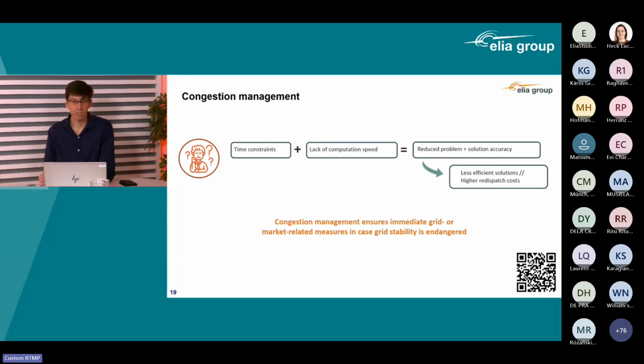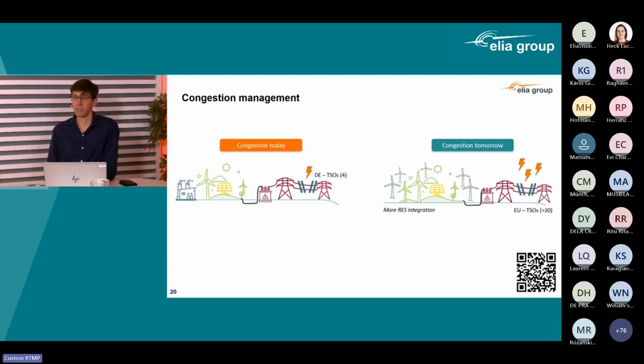So this was a good candidate to test on Quantum and see if we could do some speed up in Quantum. And why now? Well, because it's not going to get any better. Already today we have challenges to do the grid optimization. We have a significant share of renewable in the grid, but this will not get any better because we will get more renewable into the grid with more volatility. We will get also more PV, we'll get more electrical cars, adding also more volatility to the demand. And this means that, in theory, we would like to run this algorithm as often as possible to have an optimum operation of the grid.